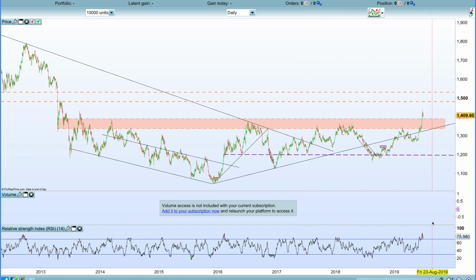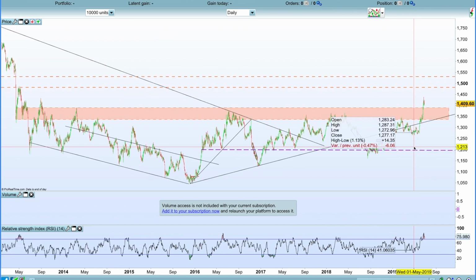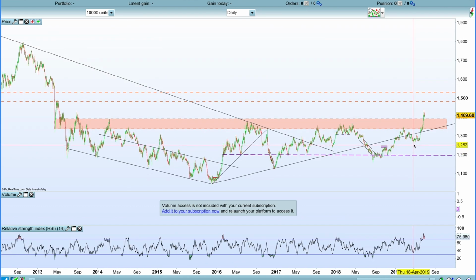I think the one thing I liked was that even though it was such a good surge, it just wasn't getting mentioned too much this move. The mainstream is still not very interested in gold, which is kind of what you want. You want that to be a stealth move. It's not a stealth, it's still getting a little bit of airplay on the news, but it's not a bubble or anything. There's not many people interested here still,